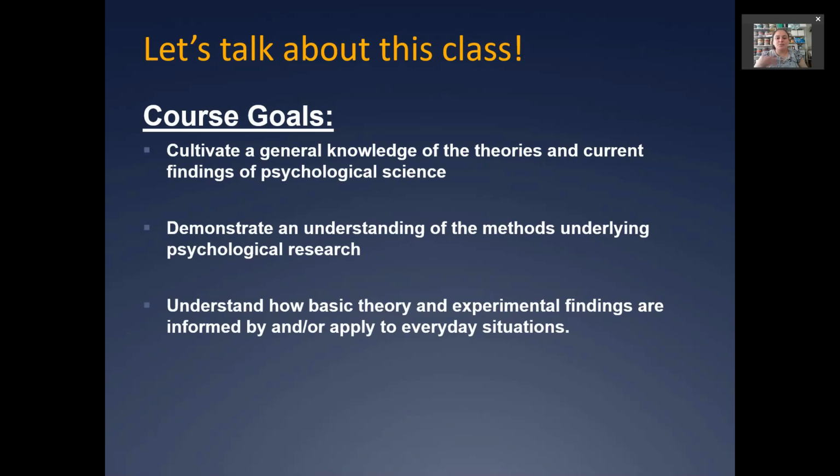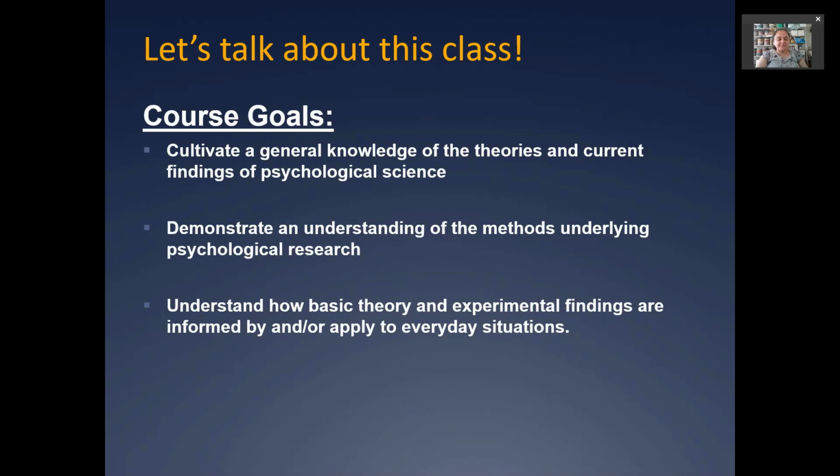When you walk away from this class, what do I want you to know? One, I want you to cultivate a general knowledge of the theories and current findings of psychological science. So I want you to be able to talk about what kind of work we do as psychological scientists. I want you to understand the methods underlying psychological research. So how do we answer our questions? How do we assess people's personalities, for example? How do we recruit participants? How do we analyze our data, etc.? And I think this is an important core, especially if you're a psych major, to understand and to move forward